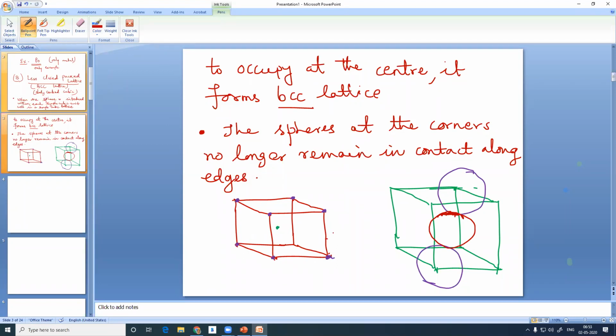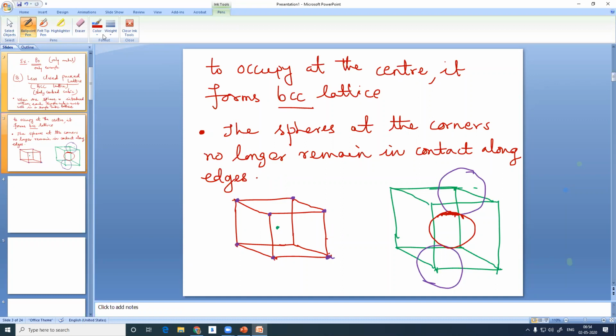The size became a little less, but we are dealing with metallic crystals first, where the motifs are one and the same. Everywhere the motif is the same atom, so the size is the same. We are not dealing with the ionic lattice where the cations are smaller and the anions are bigger. That situation will come, and it is more interesting than the metallic lattice. In a metallic lattice, all the sizes are identical.